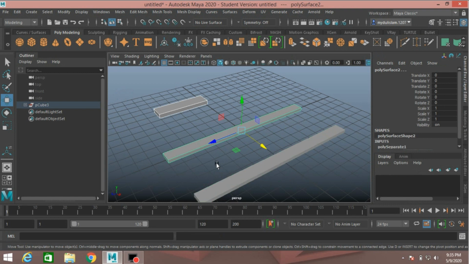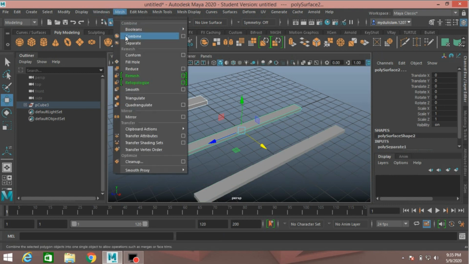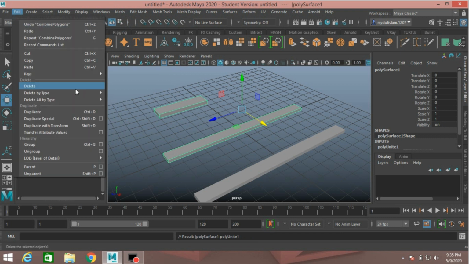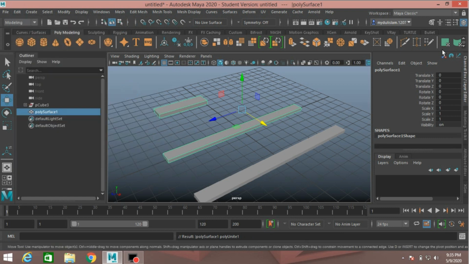Select these two objects, again go to mesh, click combine, go to edit, delete by type, delete history.